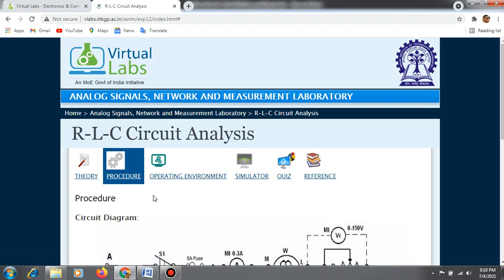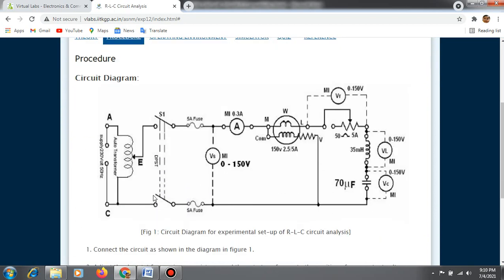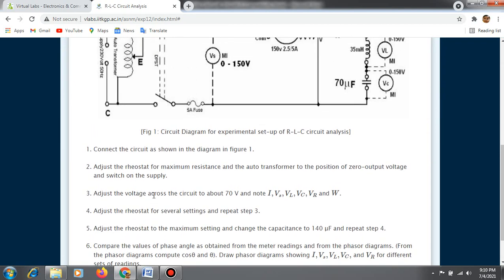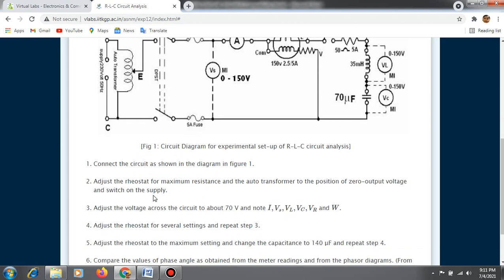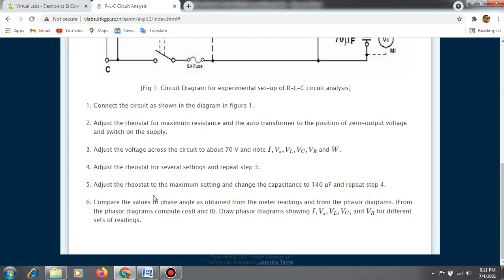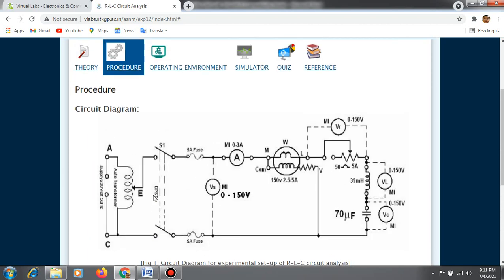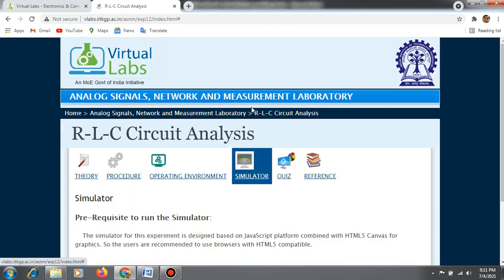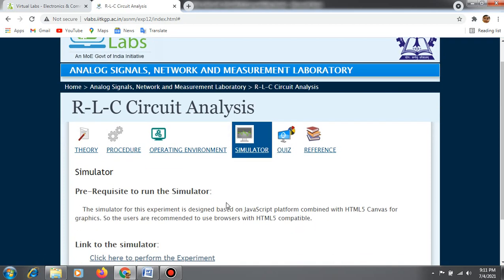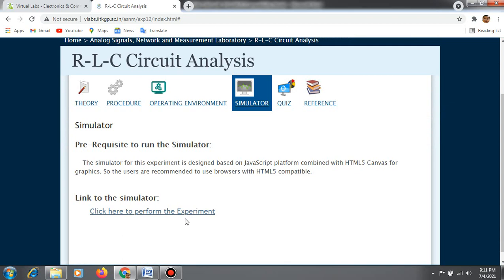This page consists of the circuit diagram of the RLC circuit and the step-by-step procedure to perform the experiment. Read it once. Now we are going to start to simulate our experiment. Click the simulator to perform the experiment, then scroll down and click here to perform the experiment.